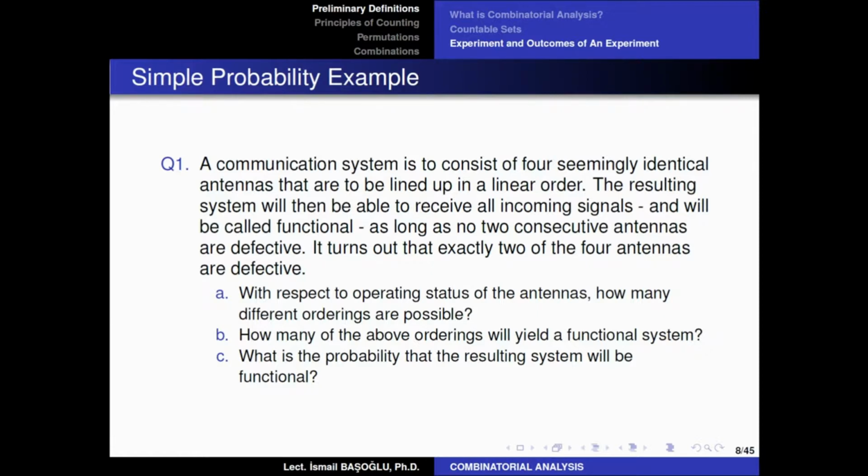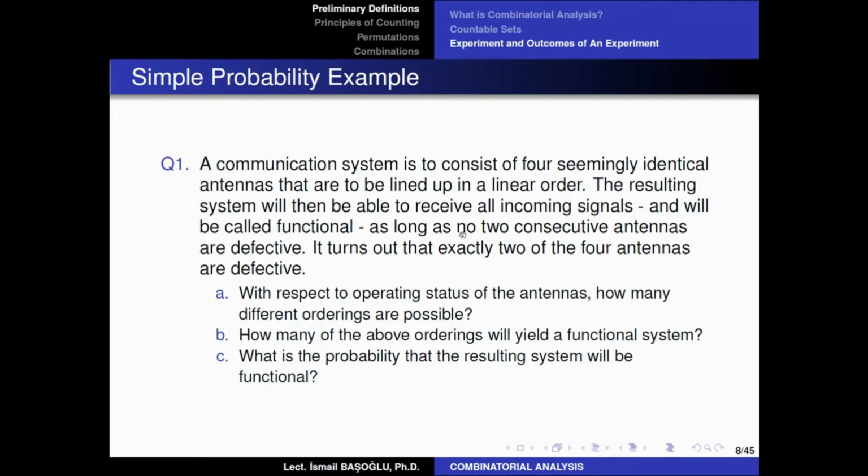So in this question, we have a communication system, and it is going to consist of 4 seemingly identical antennas that are to be lined up in a linear order. So we are just going to put 4 antennas next to each other, but these antennas are very identical to each other in appearance. Now, the resulting system will then be able to receive all incoming signals